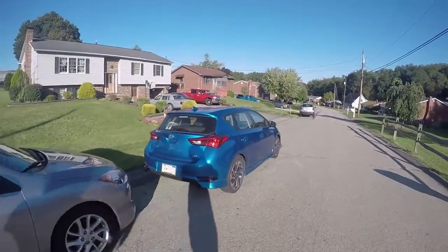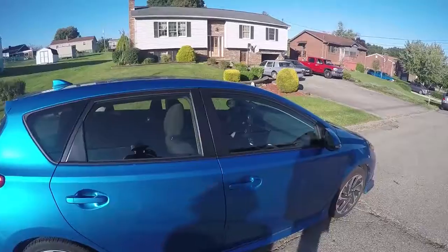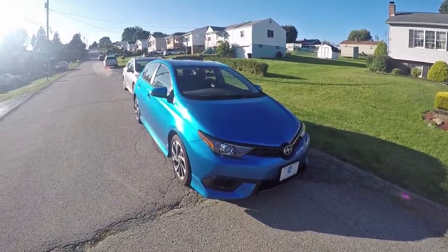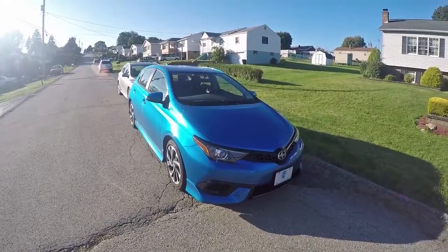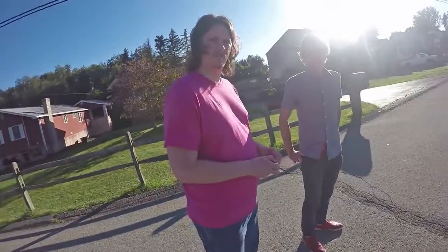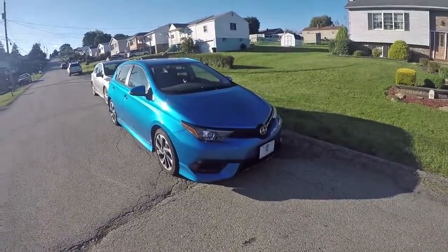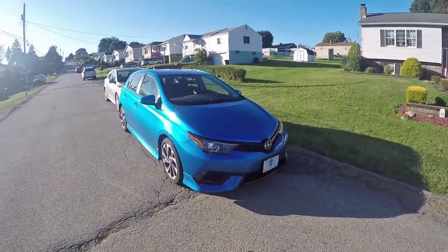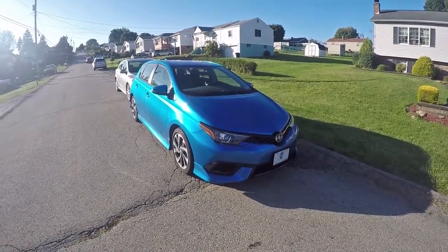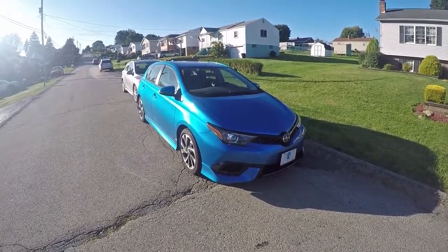And the last Scion. No, really, this is the last one, and it's not a Corolla platform. It's its own thing. It's like a weird mix of a Prius and a Corolla hatch. But in the UK, what's it called? The RS. So they couldn't call it the Yaris here, or the large Yaris. That would be weird. So this is the very last car in the United States that will have the Scion